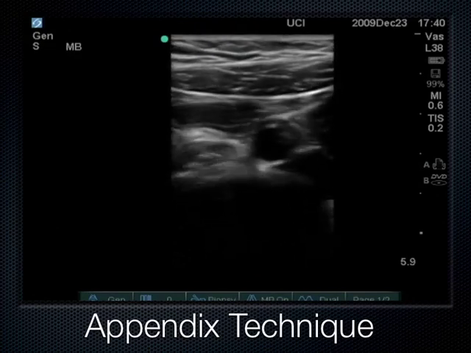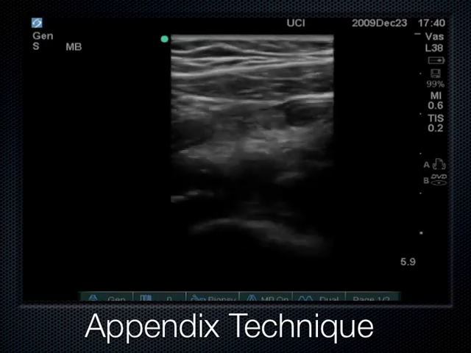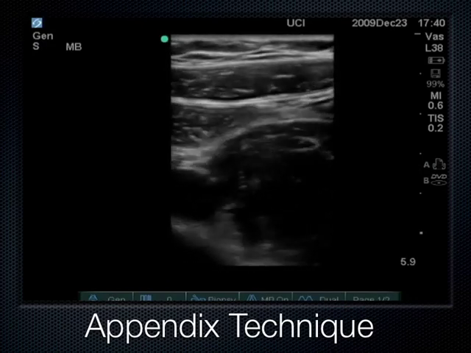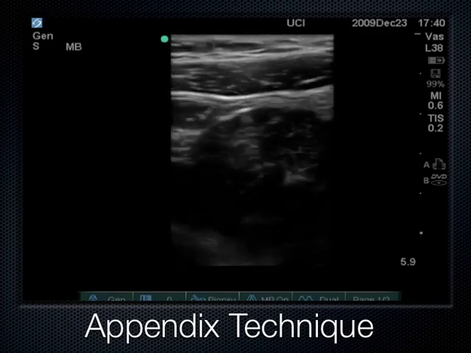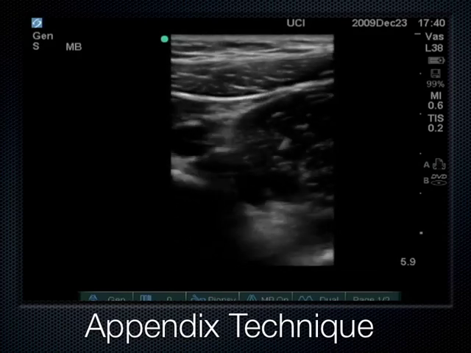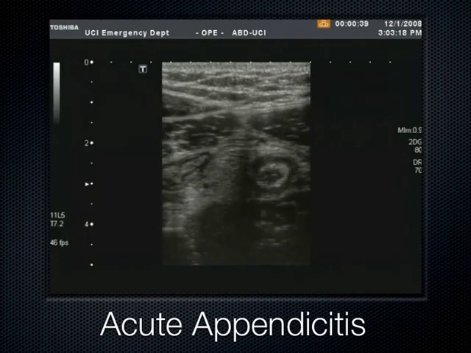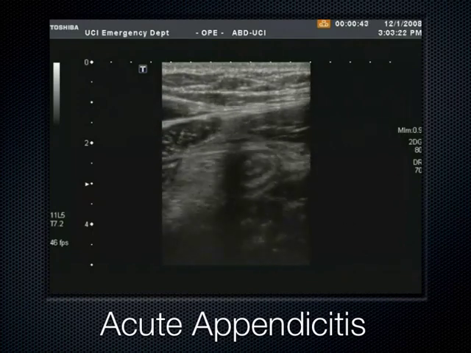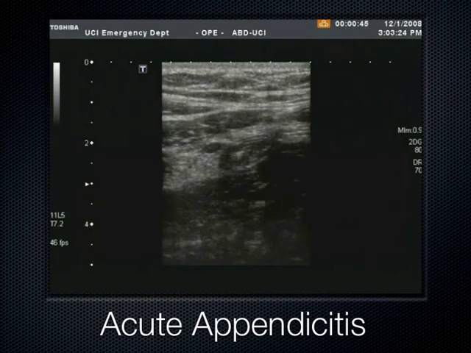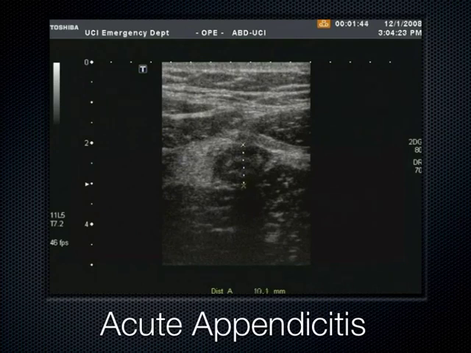And there are loops of bowel that get sandwiched between the psoas, which is a very long muscle. The psoas sandwiches the bowel. Now, if the bowel is normal, it just compresses and squirts out of the way, like it is here. But if the bowel is abnormal, if it's acute appendicitis, then you get this round structure here that's more than 6 millimeters and lacks peristalsis, when you compress psoas all the way up to the abdominal wall